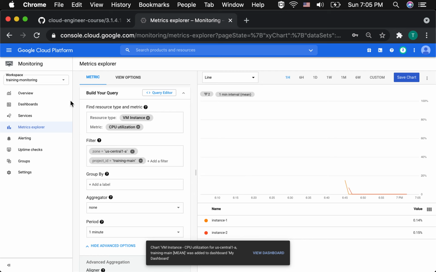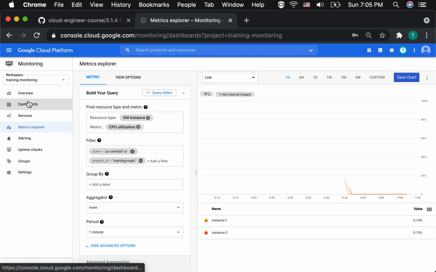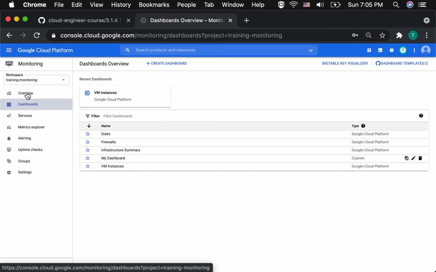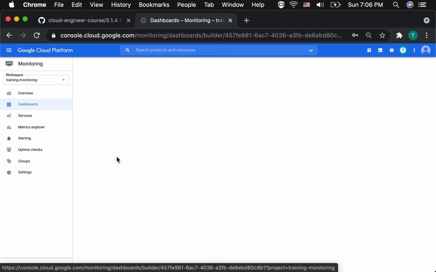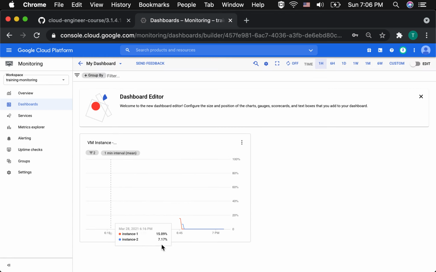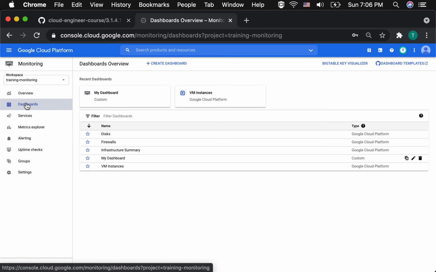So this is about monitoring and dashboards. If you recall, this is all part of the training monitoring workspace, because in an earlier video, that's how we set up monitoring. And you can see there's my dashboard right here. That dashboard has a single chart, which is the one we created. Now, interestingly enough, you get a couple of dashboards out of the box that might be useful. I didn't create these. These came